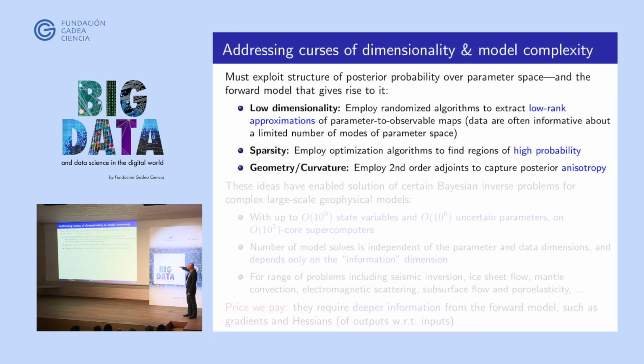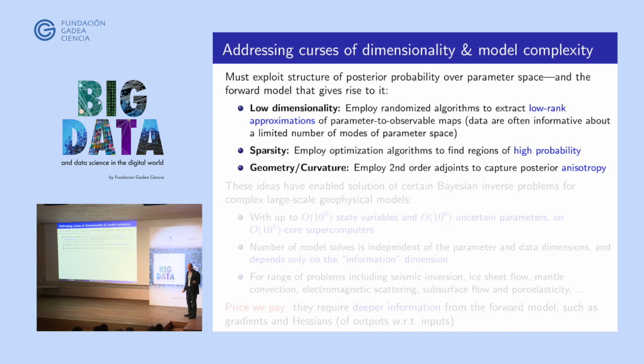A third one is to use second order, to use Hessian information. Langevin methods use gradient information to help you explore the posterior, but the idea here is to use curvature information, second order derivatives of the output with respect to the input. Now, this is challenging. You've got a large, complex climate code, let's say. You have some output, let's say that Antarctica model. The output of the code is the surface velocity that will be compared with observations of the surface velocity. The input is a coefficient of a Robin-type boundary condition at the base of the ice sheet, and that is the map from parameters to observables. Now we're saying, oh, we want the second derivative of that, in high dimensions, in 1,000,000 dimensions.